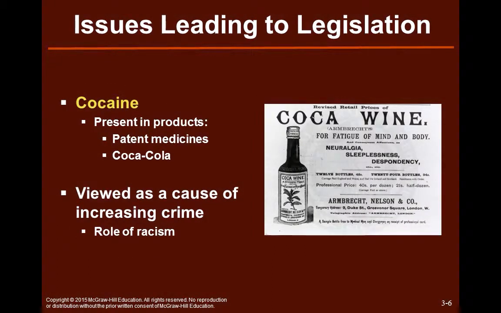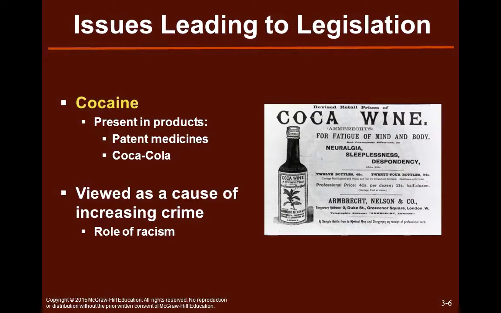The next one that we saw a cultural trend towards outlawing was cocaine. Now again, this was present in pharmaceutical products. It was a common thing at the time and probably, again, highly effective. So we saw it present in patent medicines and then also in substances that were consumed widely throughout the culture. This is coca wine. So this was a beverage that contained some concentration of cocaine in it. And the urban legend is true. Coca-Cola, in its original formulation, also had a trace of cocaine in it as well. So this was, again, something that was widely available.